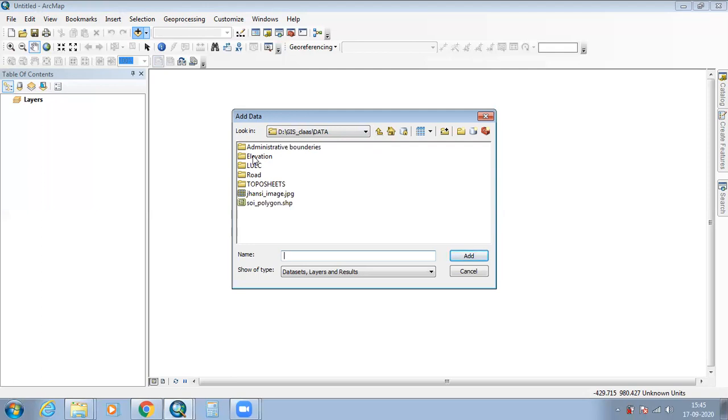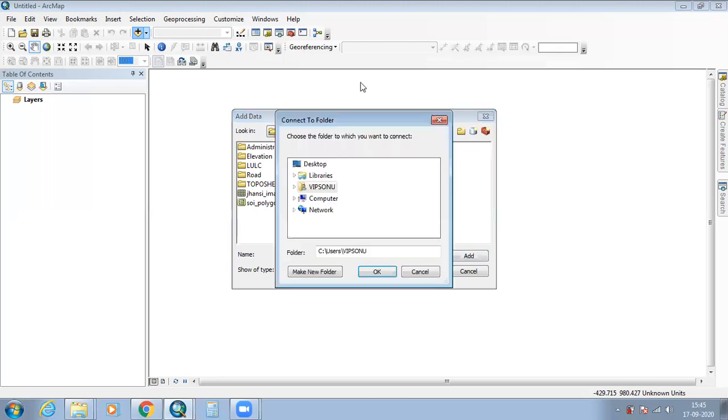If the source folder is not present here, then we will use this button to connect folder. Here go to computer, then GIS class, data.